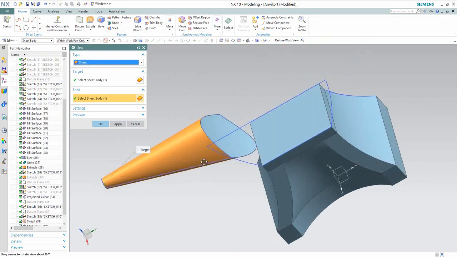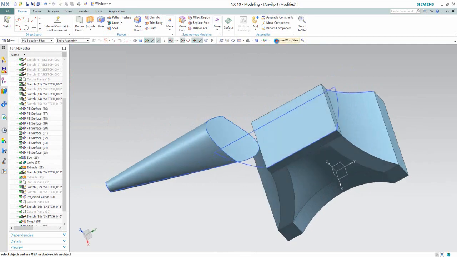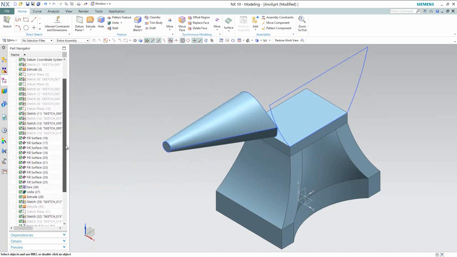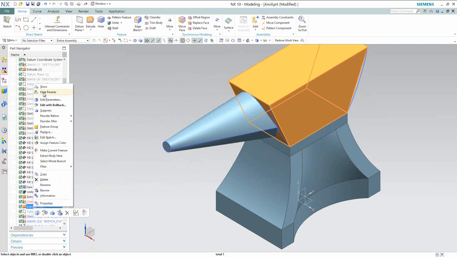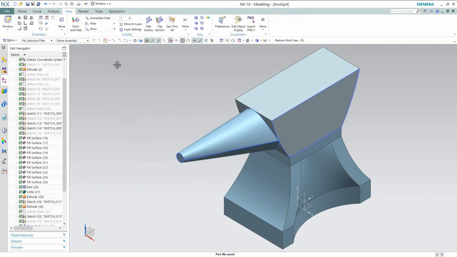Now all these surfaces have been connected by the sew command. Now you can check the result by using the section view command.